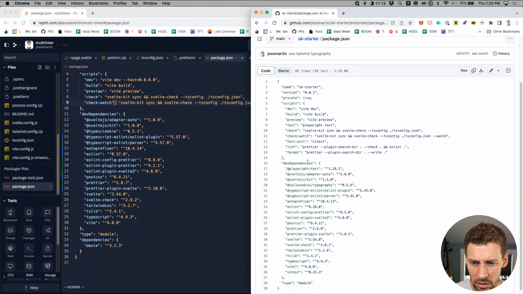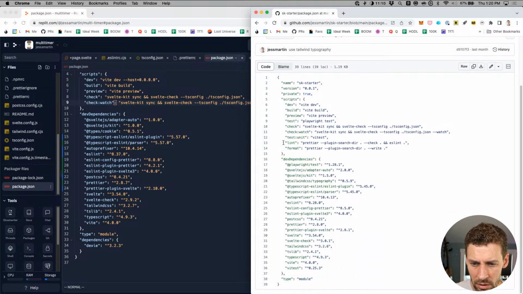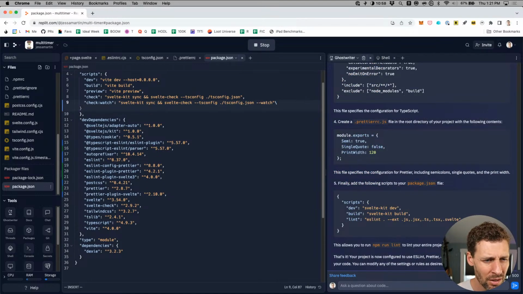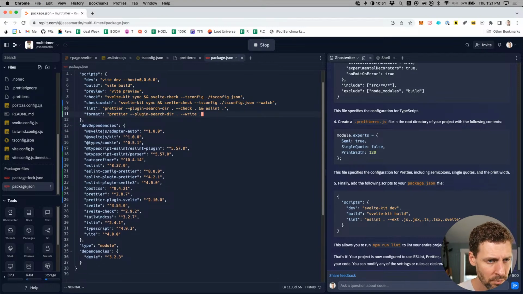Package.json. Oh, there's a lint and a format. Interesting. Yeah, we'll have both. All right.